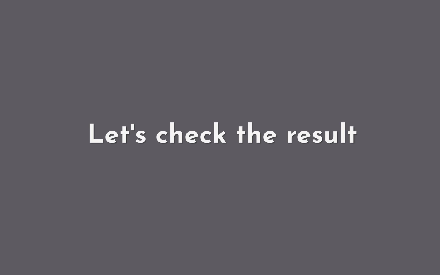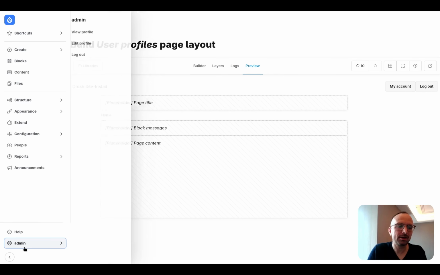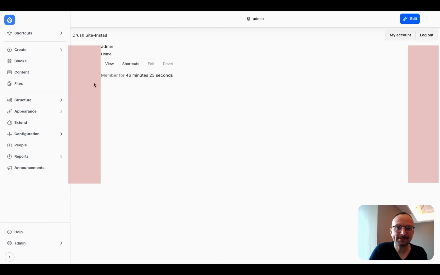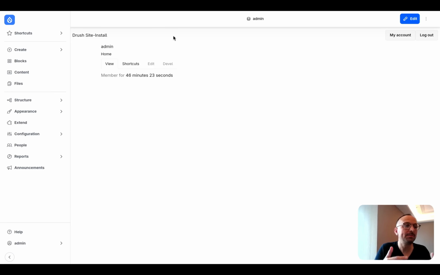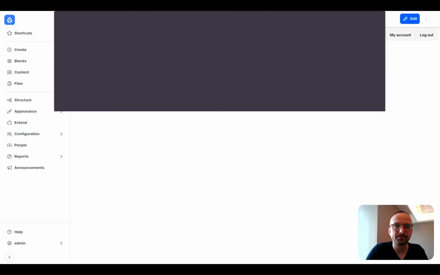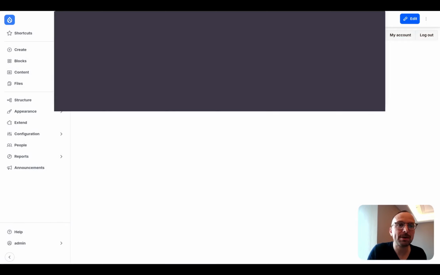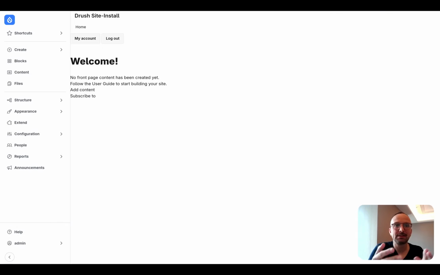So let's see if it works. I will leave Display Builder and go to my profile page. And I can see I have my offset. I have navbar. It's still a bit plain, but we will make it nicer later. If I go to user 2, I have the same layout, so it works. And if I go back to the home page, I don't have my layout. I have the default page layout from the theme. This is a fallback. I still use the core block layout and the page template, and it works also very well, so good job.